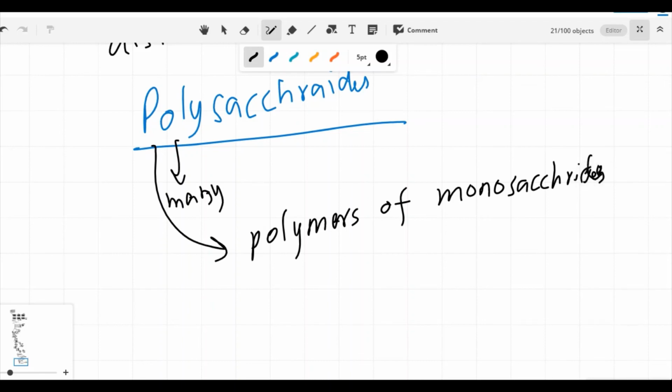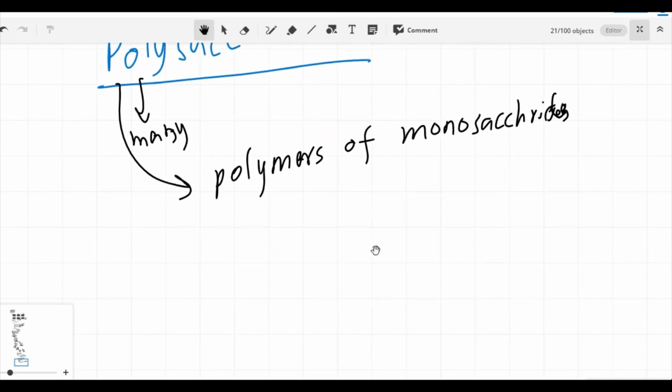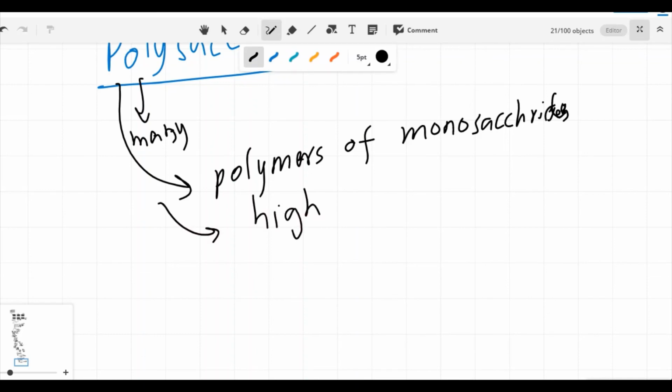Okay, polymers of monosaccharide units, when combined, make a large molecule, which means they have a high molecular weight, up to millions. Polysaccharides are usually tasteless,